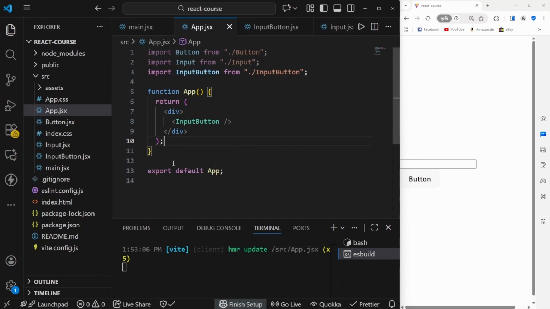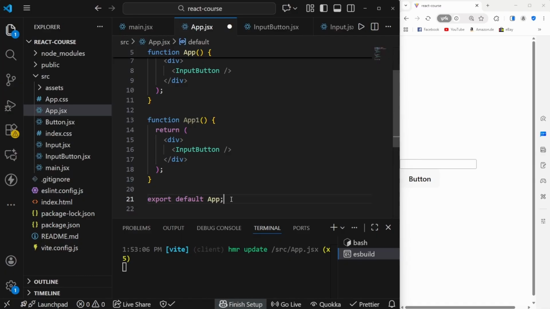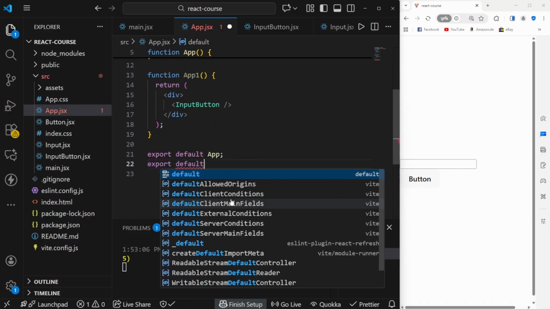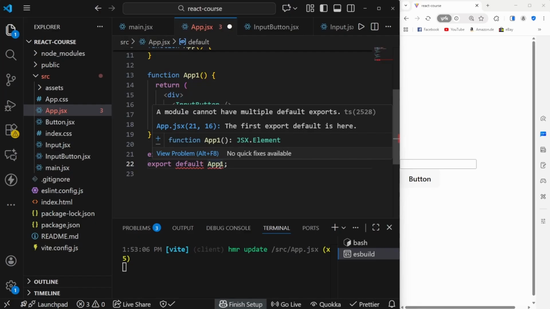Now let me also show you the difference between export default and a named export. So there exists a default export. That one is the export that we've already seen, and it allows us to export one single thing from every single file. So if we had a second function inside of this file, maybe app1, we could not say that we want to export default app and we want to export default app1 like so. This here is an error because every single file can only have one default export, which also makes sense because